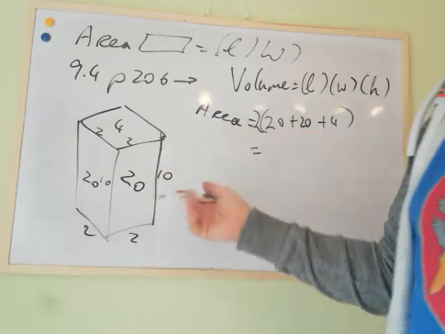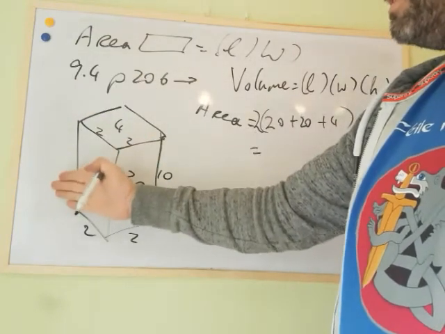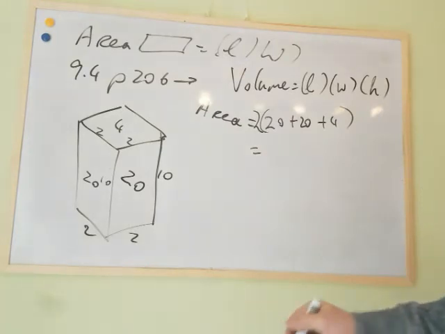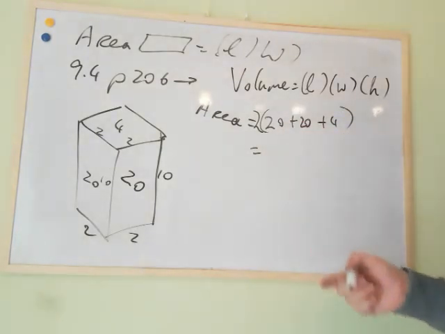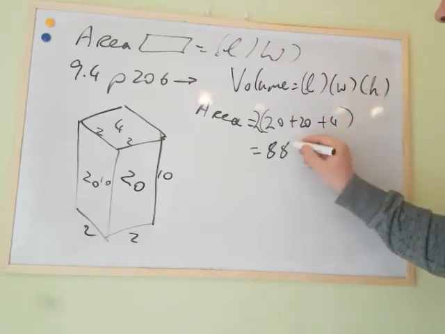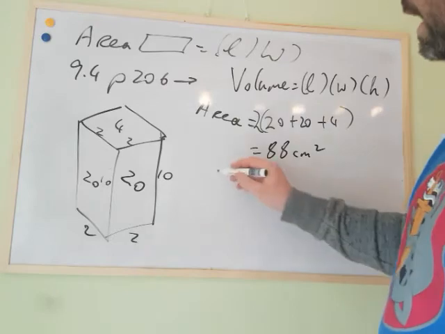Why? Because there's 2 of each. We've got a face here, but there's one at the back. We've got a face to the left here, so there's one on the right. We've got a face on the top, so there's one on the bottom. So it's times 2. 20 plus 20 plus 4, 44 times 2, 88 centimeters squared. Okay? And now to get the volume,